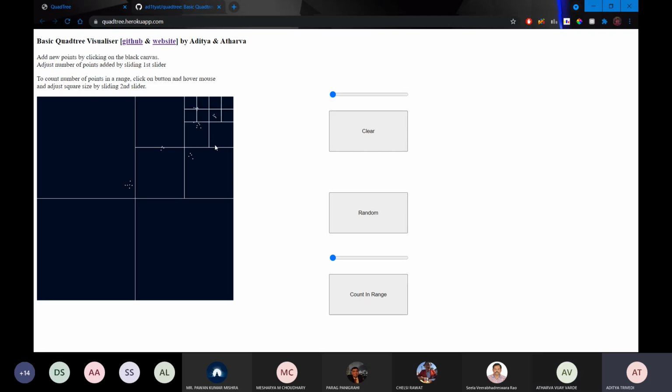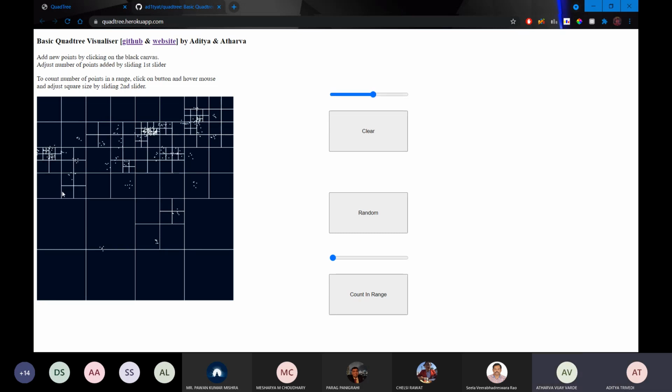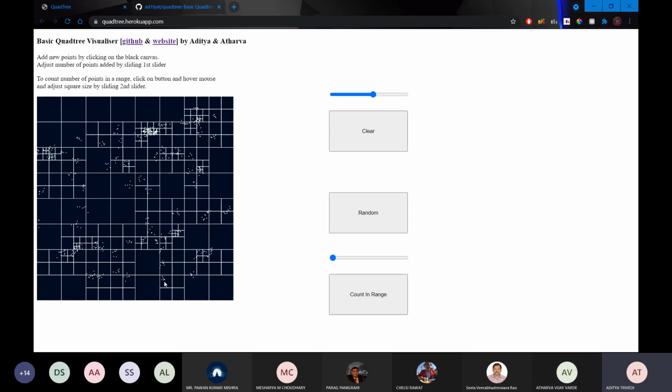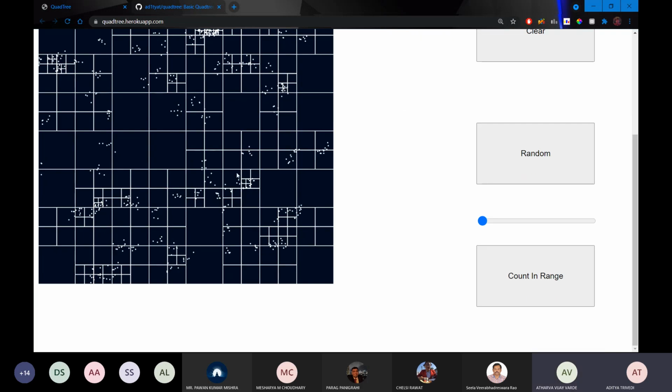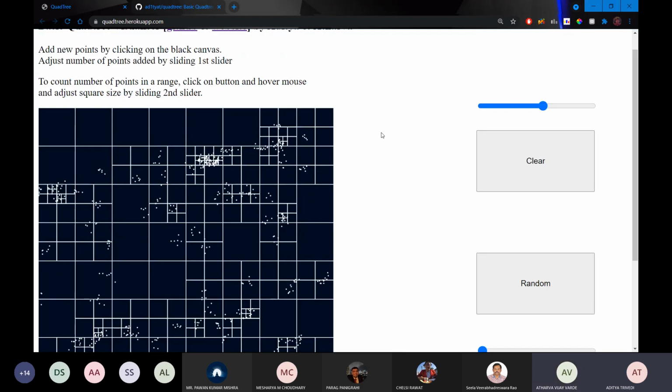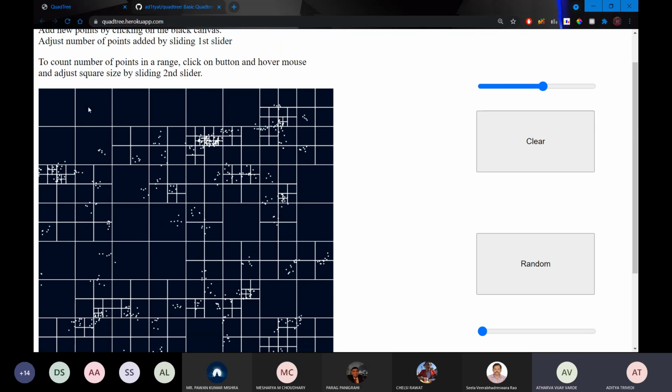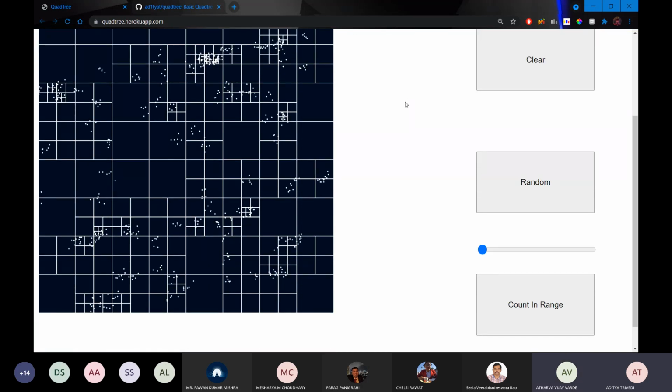Similarly, I can keep adding more and more points. So, as Atharva said, this is useful because here the grid size is small, and here we need a small grid size because there's a lot of information. While here we don't need that level of information, and we don't need grids of that level. So instead of extending this grid fully, we are maintaining where there are more points and where there are fewer points. I can add more points. As you can see in these regions, there's a high density and hence more depth. And in this region, there is no information because there are no points.